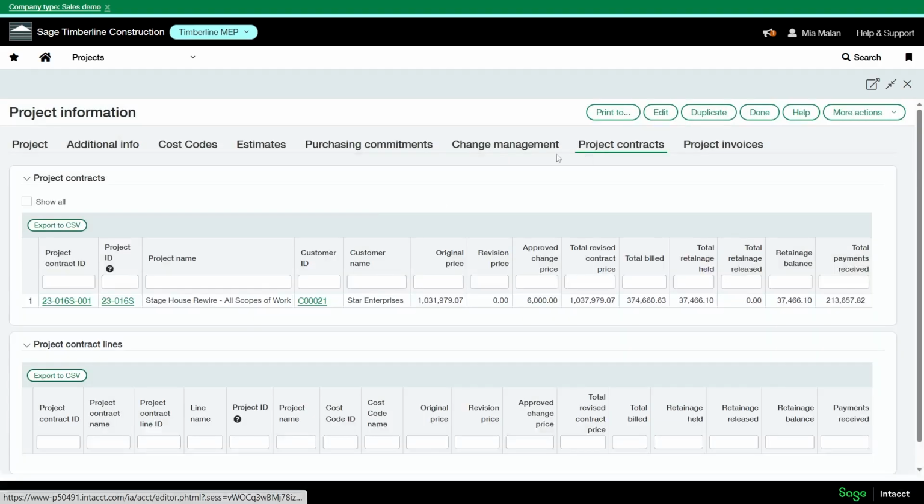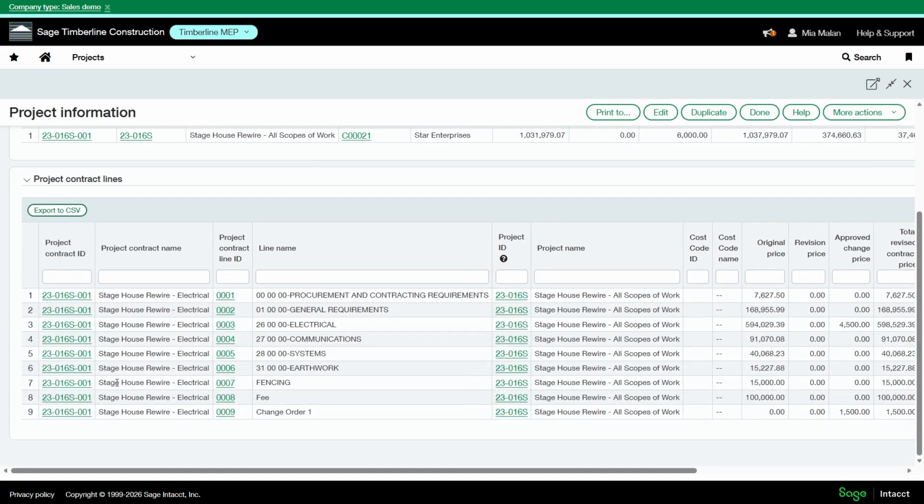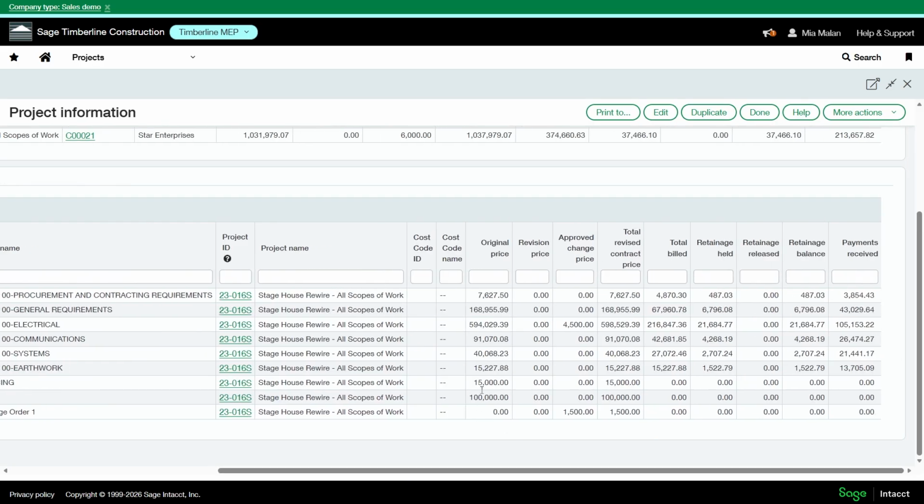I'm going to go to my project contract tab. And you can see here that now there are approved change prices that update the total revised contract price. And then I have my change order here. You can see the original price was 0. This is the approved change price, and this is what I can bill on now.